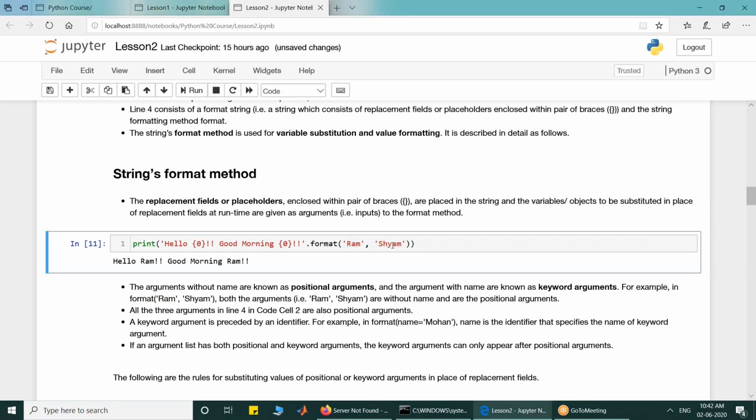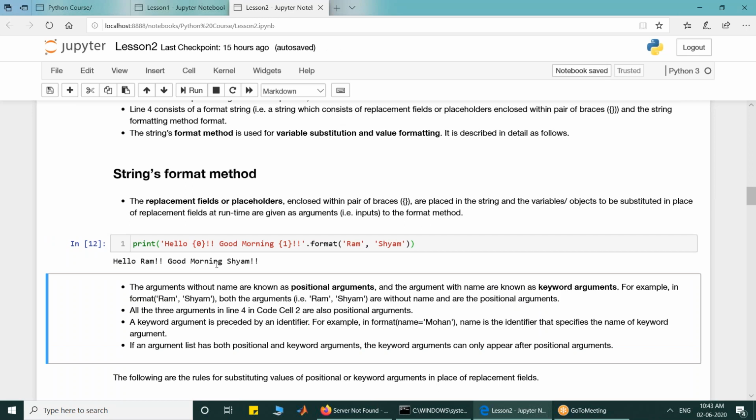Ram has position 0, Sham has position 1. So now I can write hello 0, meaning the argument with index 0, and good morning 1, meaning the argument with index 1. If I execute it, it says hello Ram, good morning Sham.